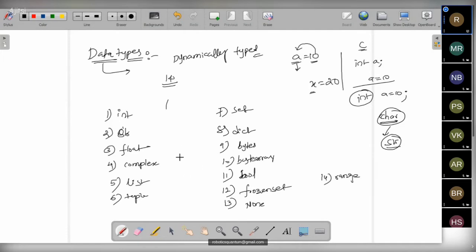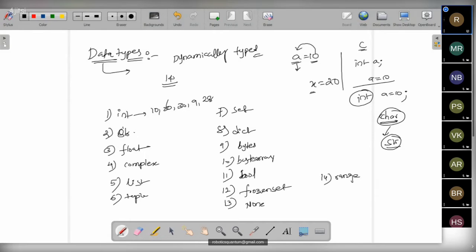All these are inbuilt. Some of them we will use directly for specialized purposes, but while declaring the variable, there is no need of mentioning the data type. Even if you try to write int a = 10, it will give a syntax error here. Here int is nothing but the kind of values we hold in general: numbers, combinations of 0 to 9, like 10 is an integer, 20 is an integer, 30 is an integer, 9 is an integer, 28 is also an integer. The combination of 0 to 9 numbers are called integer numbers.